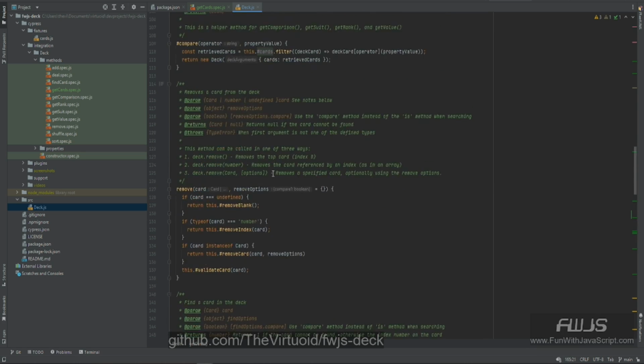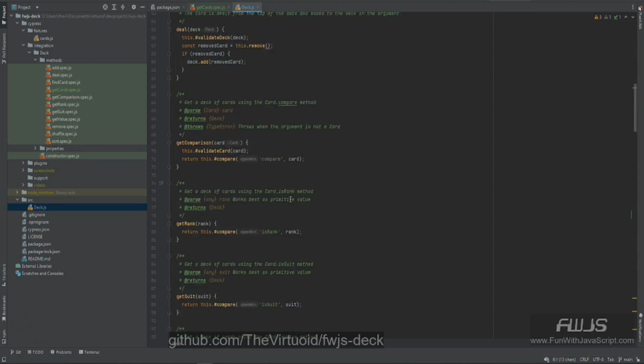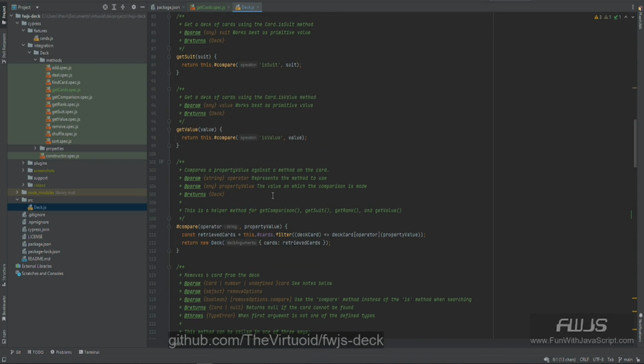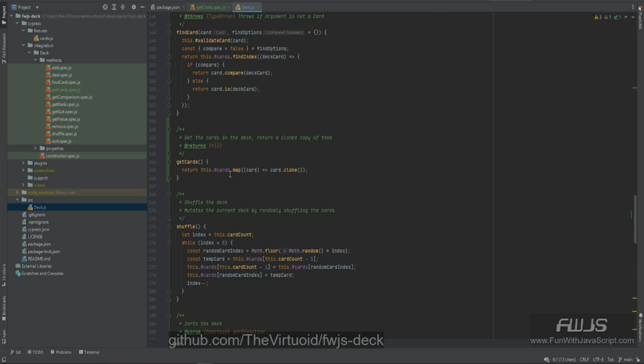The cards private variable is itself an array. So I'm just going to be doing a very simple mapping on the cards, because a map returns a new array based upon each value. And for each value I'm going to call the clone method on the card. And again, the clone method is something that I have created on the card class,